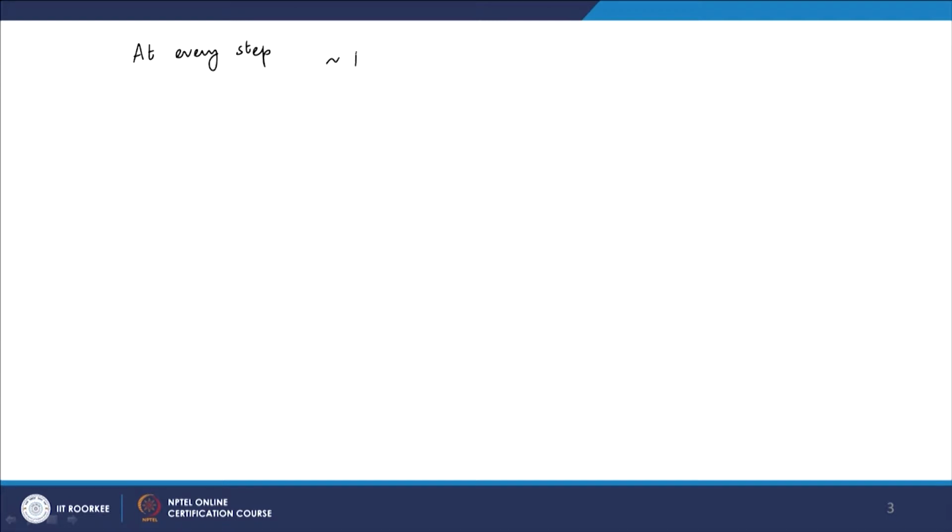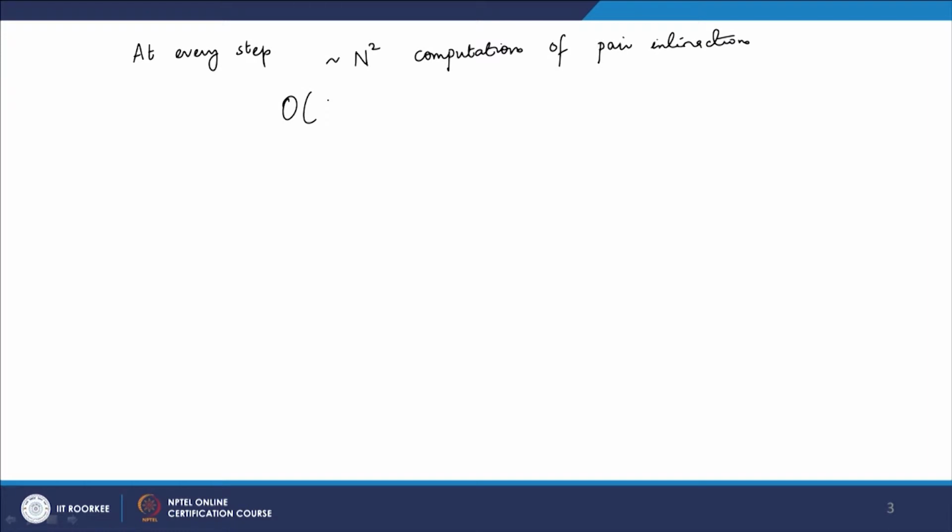Okay. So, now if I start thinking in these terms, then at every step we are doing of the order of n squared computations of pair interactions, simply because there are n squared pairs. Okay. So, now if I think in terms of computational cost, the computational cost will be of the order of n squared,